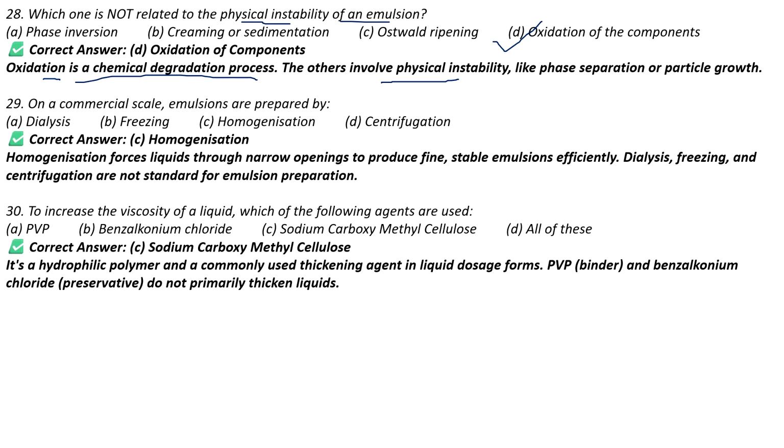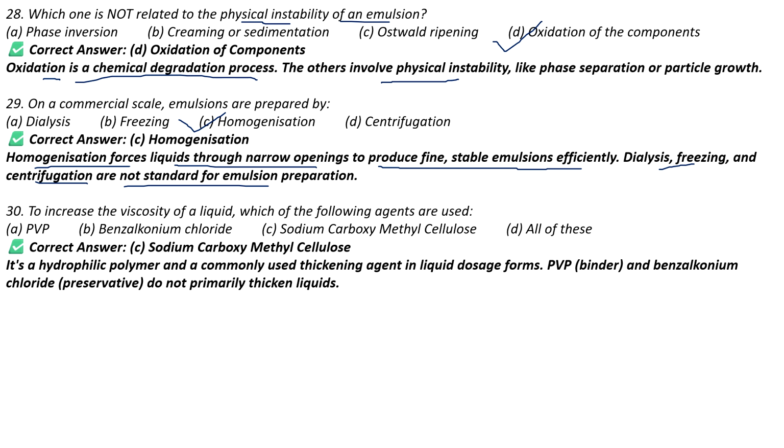On a commercial scale, emulsions are prepared by, options are dialysis, freezing, homogenization, centrifugation. So homogenization forces liquid through a narrow opening to produce fine, stable emulsion efficiently, while dialysis, freezing, and centrifugation are not standard for emulsion preparation. So we can say option C, that is homogenization, is used for the preparation of emulsions on a commercial scale. Moving on to the last and final question of our today's session, and that is,